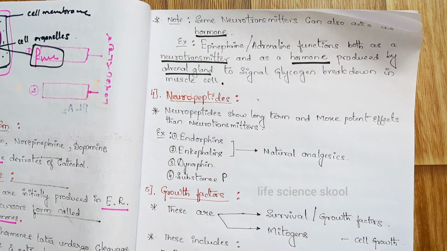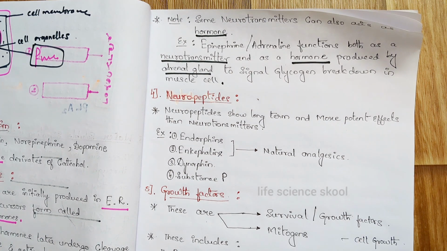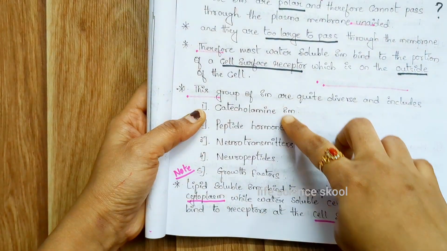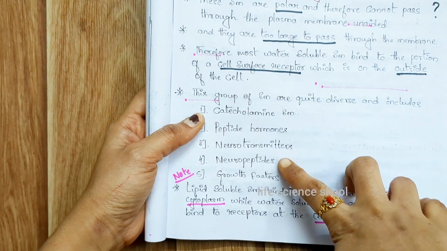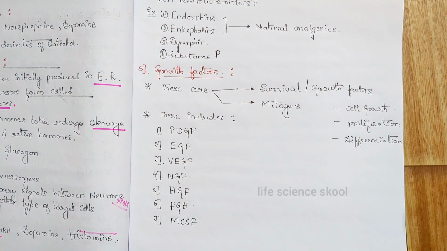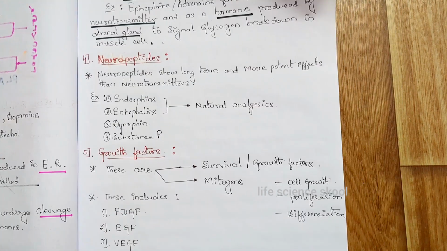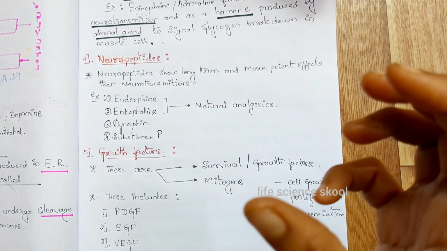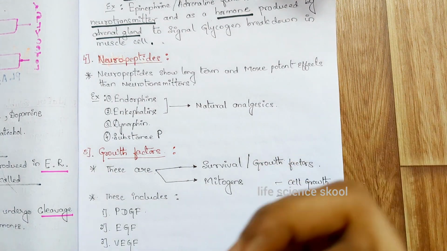Okay, so epinephrine and adrenaline are going to act both as a neurotransmitter and also as a hormone. Both are the functions it is going to play. The next one, we have done with the catecholamines, peptide hormones and neurotransmitters. Next one is neuropeptides. Neuropeptides are also small protein-like molecules, peptides, used by the neurons